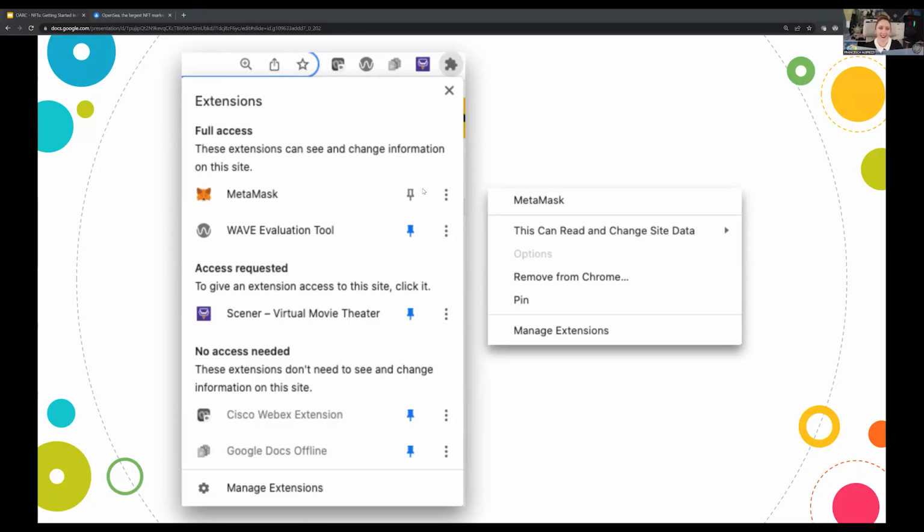And that will add it to the bar to the right of your search bar if you'd like it to be visible. Clicking on the three dots next to the pin will let you head back to the extension page and remove the extension. So you have options if you choose to remove it later on, if you don't want it always living there or always connected, that's an option as well.